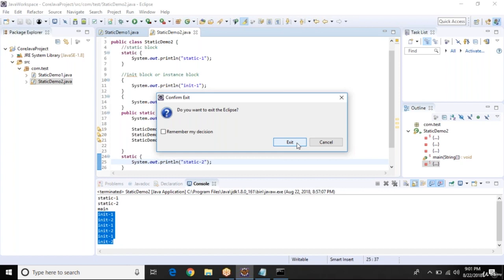JDK and JRE are all platform dependent, right? Actually, when we install JDK, that means we have already installed JRE and JVM. JVM is part of JRE, and JRE is part of JDK. In a production environment, sometimes we don't need JDK, we simply install JRE.